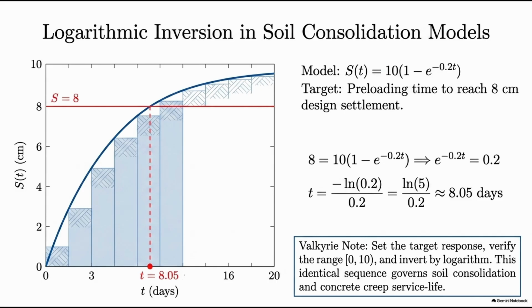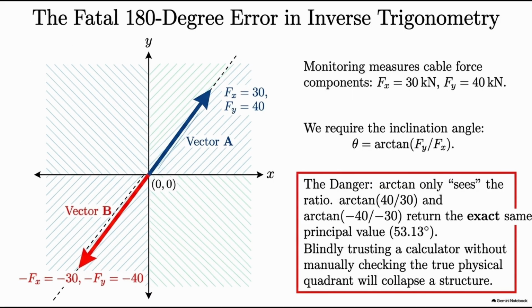Taking the natural logarithm and dividing by the rate parameter reveals that approximately 8.05 days of preloading are required. Because the target value passed the range check, this construction schedule is completely valid. In example 3, we analyze a cable under tension with measured force components of 30 kilonewtons horizontally and 40 kilonewtons